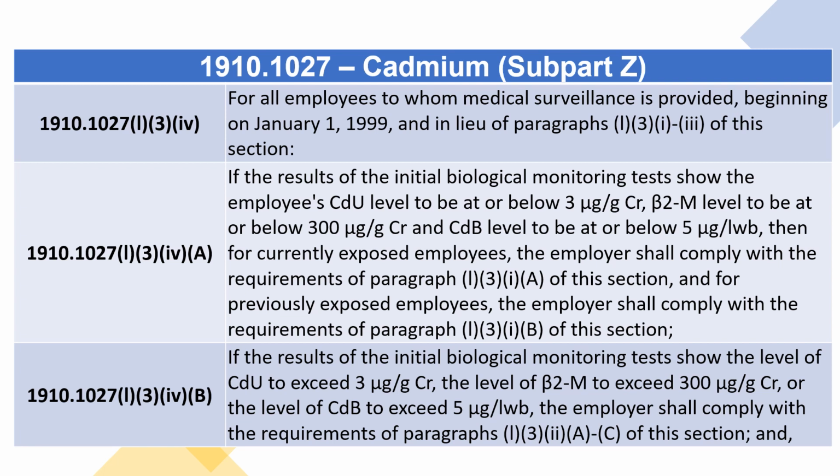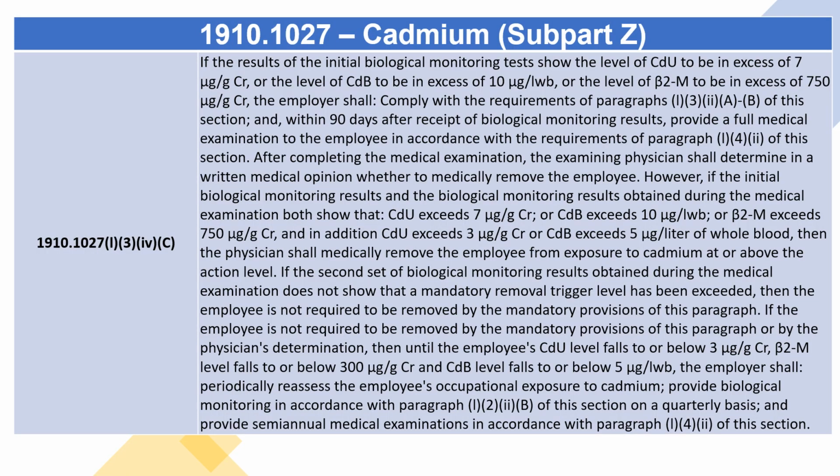1910.1027 (l)(3)(4)(b): If the results of the initial biological monitoring tests show the level of CDU to exceed 3 µg/gCr, the level of beta-2M to exceed 300 µg/gCr, or the level of CDB to exceed 5 µg/LWB, the employer shall comply with the requirements of paragraphs (l)(3)(2)(a) through (c) of this section, and